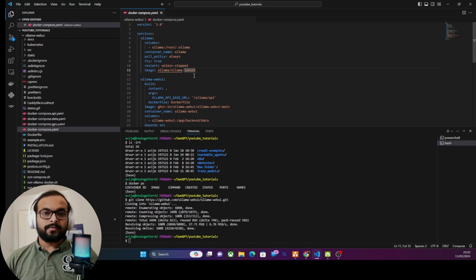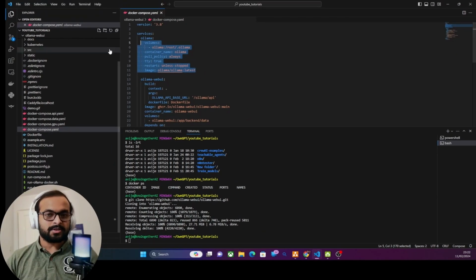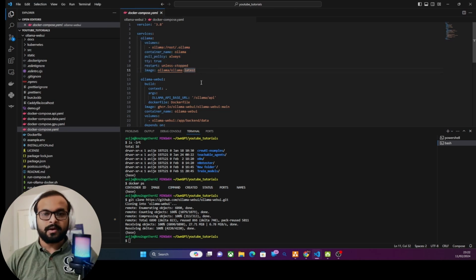If you're running Ollama for the first time and you are on a Windows machine, you should note that if you run Ollama as a Docker image, you can't actually use the GPU capability if your system has a GPU. This will run absolutely fine with your CPU. Now, generally, CPU performance is a little bit lesser than